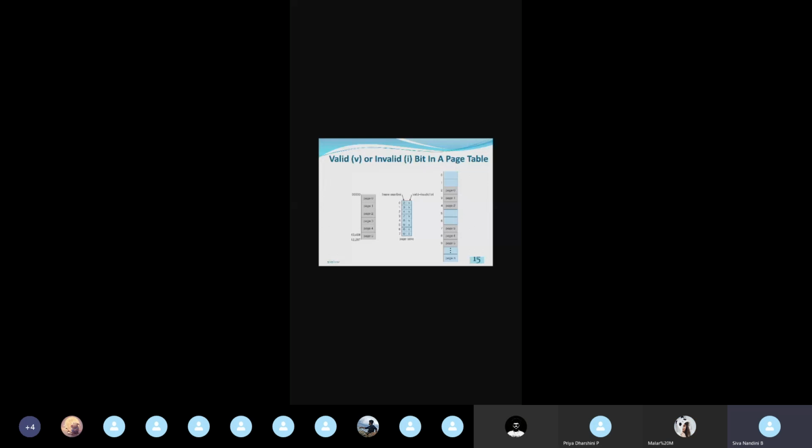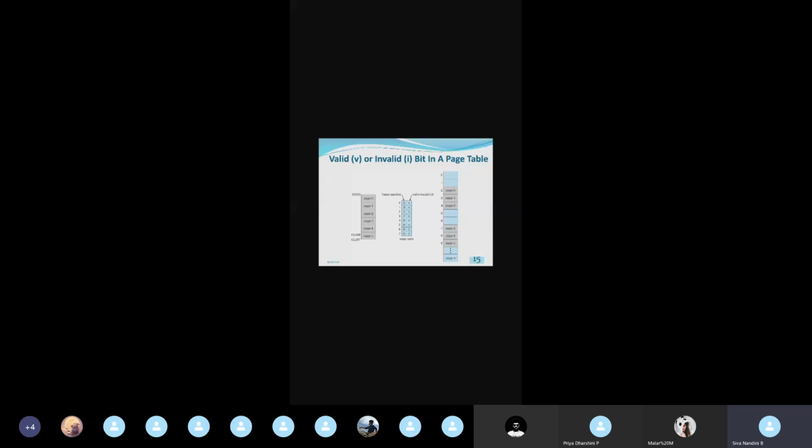Okay. So the process does not have a 6th page, right? So in the page table, what is there at the 6th location? 0, and it is marked by I. If it is marked I, it is invalid, because the process has only 6 pages, page 0 to page 5. So there is no page 6 for this process. That is why we enter frame number 0 there and set the bit to invalid. Similarly, there is no 7th page, so we enter frame number 0 and set the invalid bit.